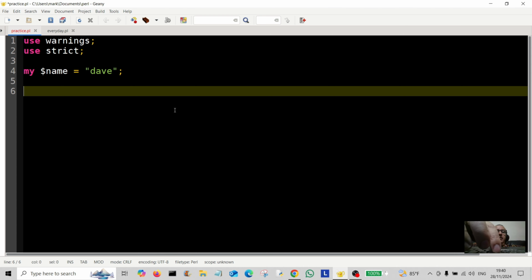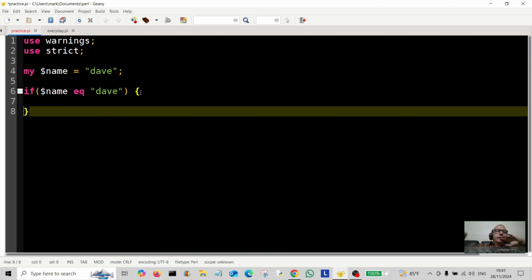So I'm going to create a conditional, an if conditional, if, and then we're going to say scalar name is eq equal to Dave. Then we're going to do something. So if the name is equal to Dave, we're going to print out